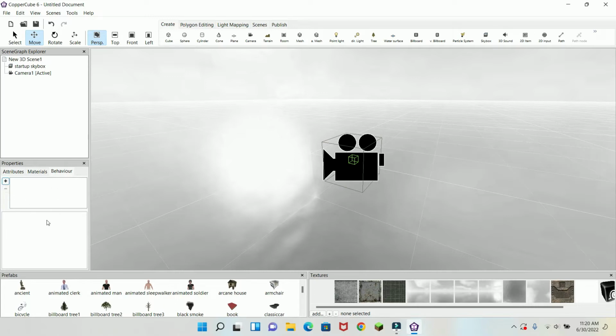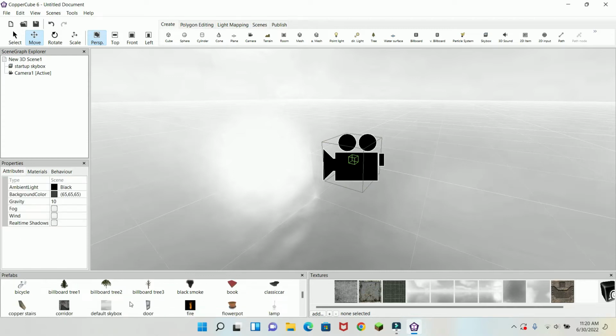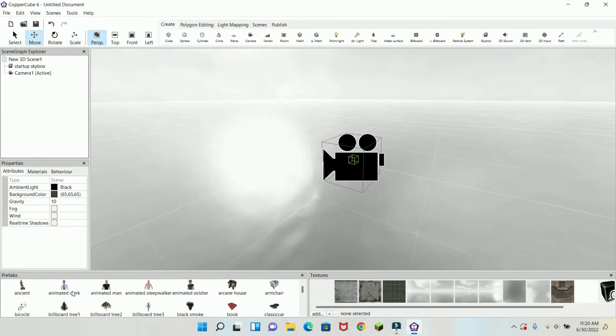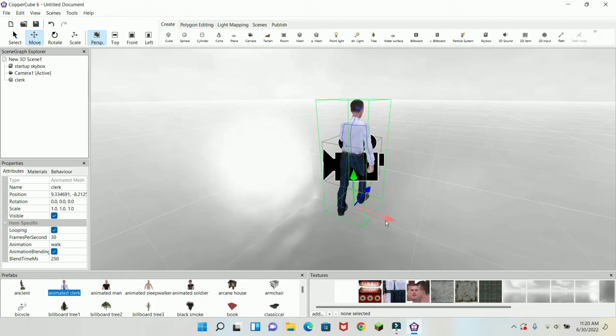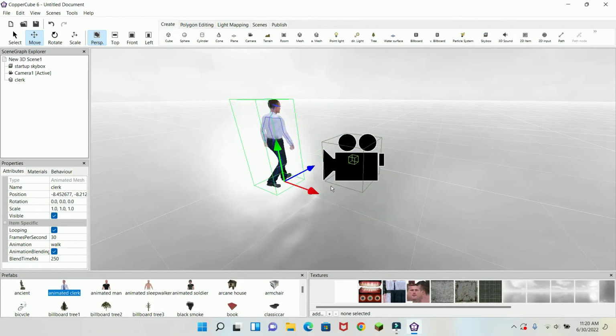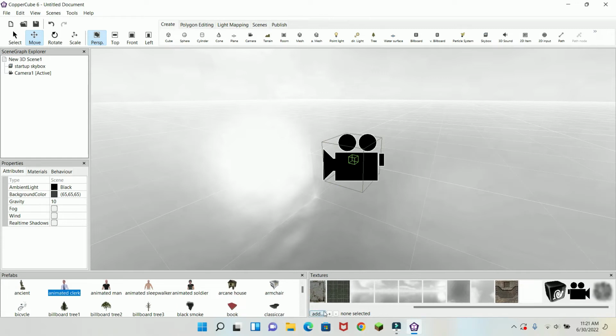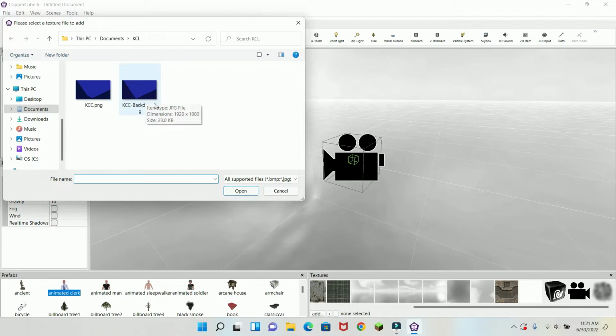And I'll make a whole video on this later, and you're going to be spending most of your time in properties. Down here is the prefabs. This is basically just a bunch of default meshes, a bunch of default things you could drag out onto your scene. And then these are the textures that you could choose from. And you could see this add button, you could click that. And then if you, for example, downloaded a file,